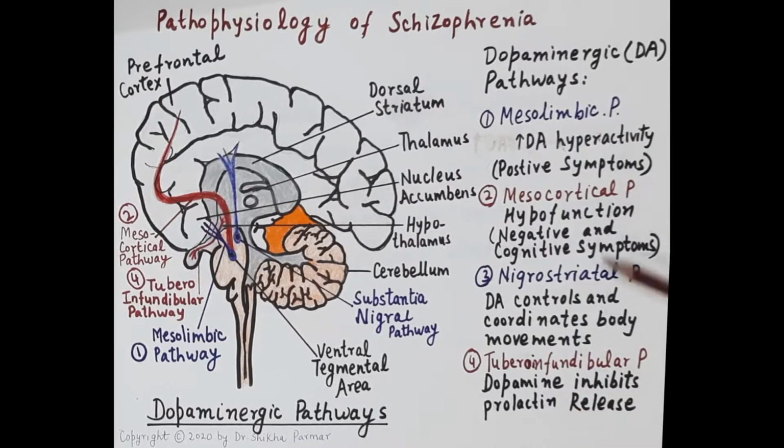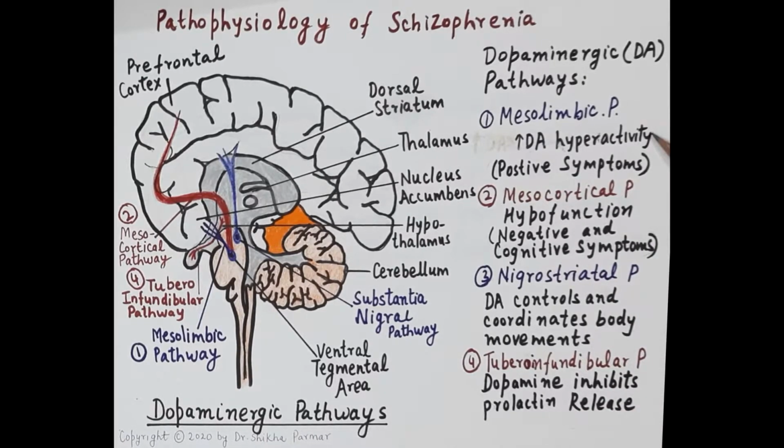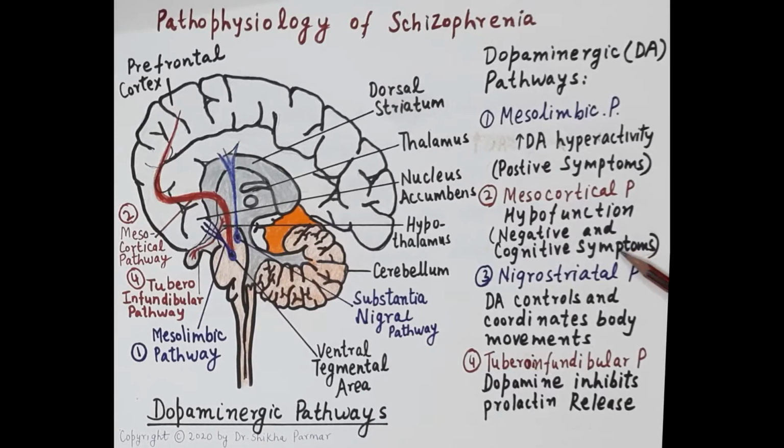So these are the four main dopaminergic pathways, and hyperactivity of the mesolimbic pathway is responsible for the positive symptoms of schizophrenia, and hypofunctioning of the mesocortical pathway is responsible for the negative and cognitive symptoms of schizophrenia. So this is all about the